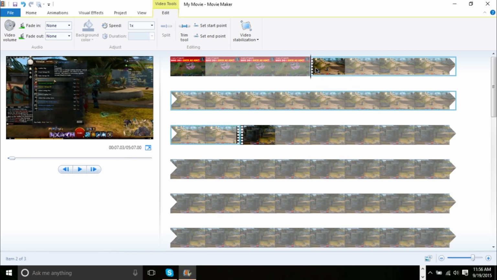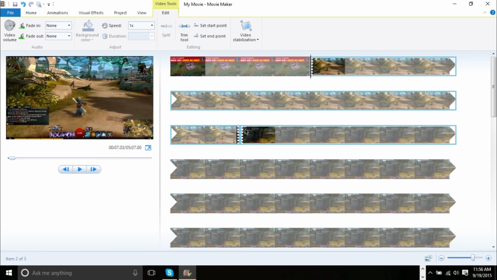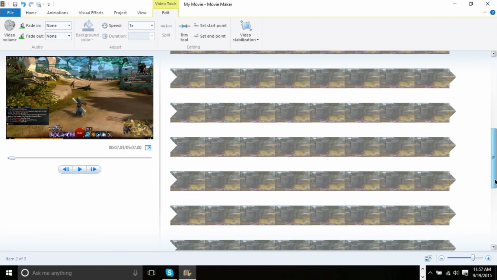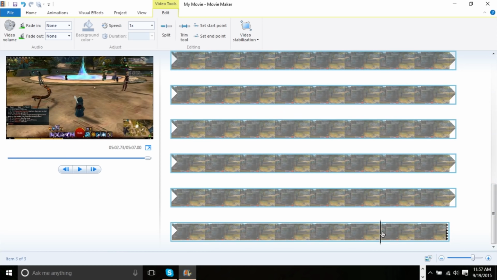So that's how you cut out stuff from the beginning or from the middle. If you want to cut out stuff from the end, it's the same thing. You listen to it and then